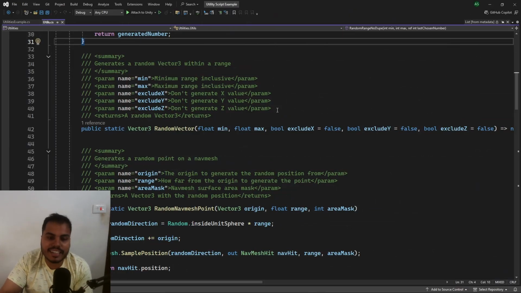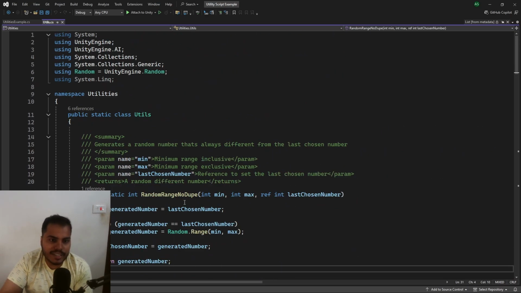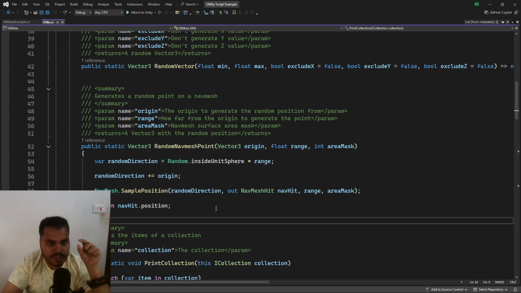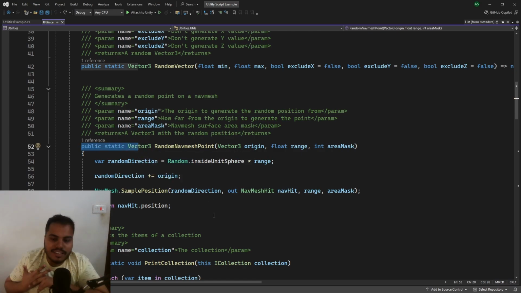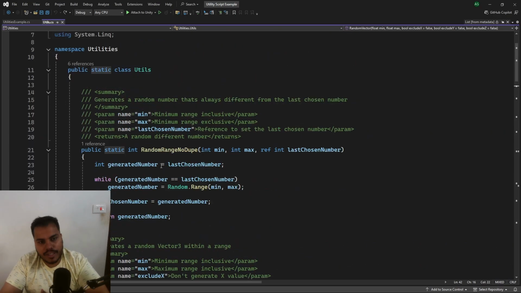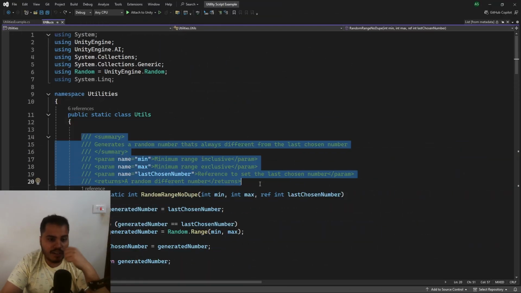So the whole tip is technically a homework for you guys. Just open Unity and create a utility script all on your own if possible. I'm not telling you to use utility scripts. I'm telling you to try to make one so that you understand the consequences of public static functions. You will understand how problematic this could get for a bigger project, but you should try it at least once so that you get the idea that these things exist, how singletons work, how dependencies are a pain. You learn a lot.